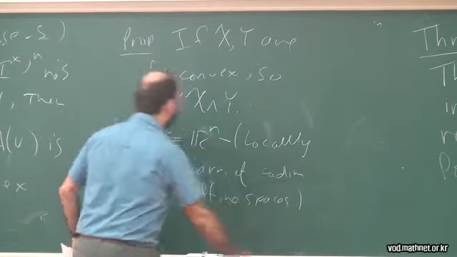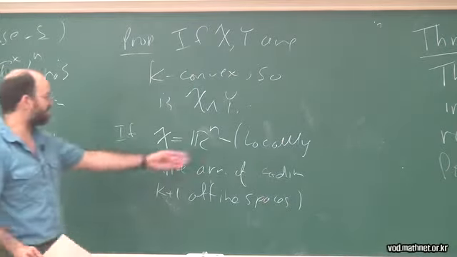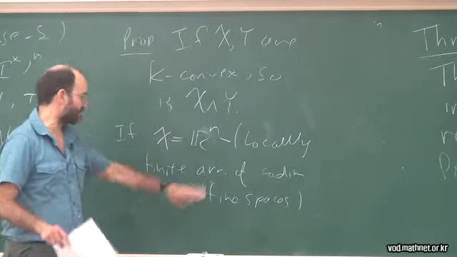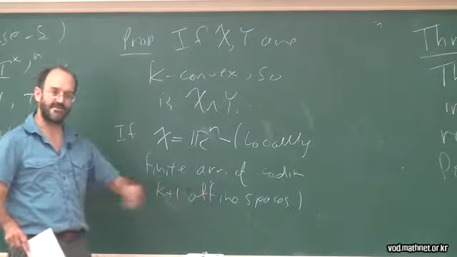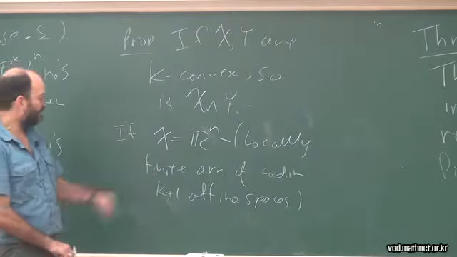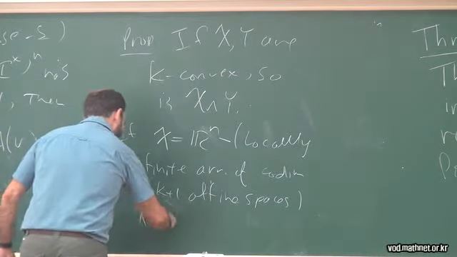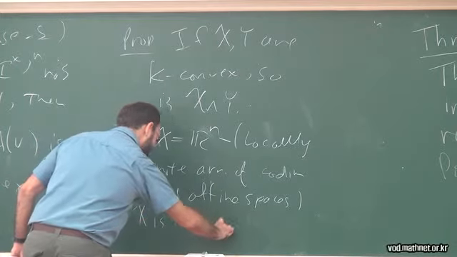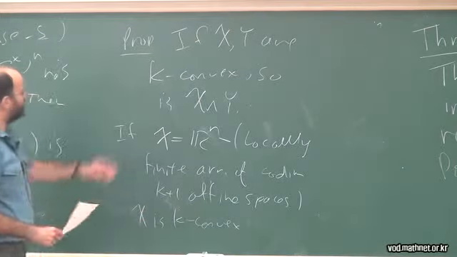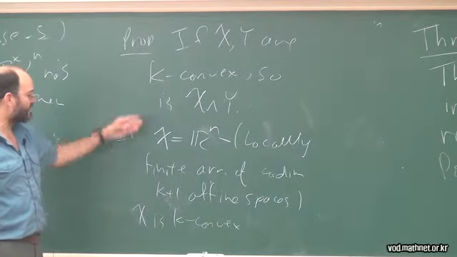That's a mouthful, but what this means is in any compact set, you only meet finitely many of these affine spaces. It allows periodic arrangements. If you take away this many affine spaces, X is K convex, and it's proven from this proposition using the